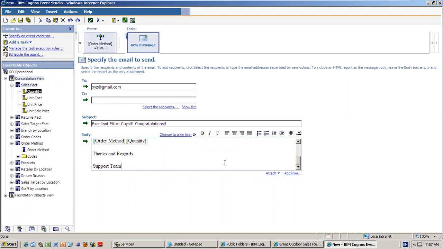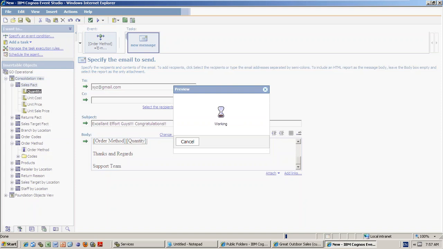And if you want to see whenever this condition is satisfied, you just check it out. See what will happen. Whenever the condition is satisfied, how it will generate a mail, just check it out.